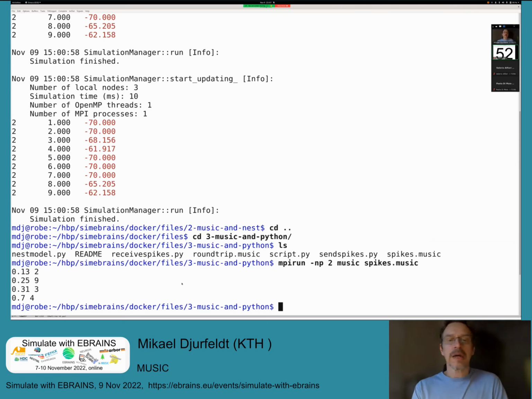In this directory, I also have an example of a NEST model which is connected to a Python script in a loop. Maybe we can look at the